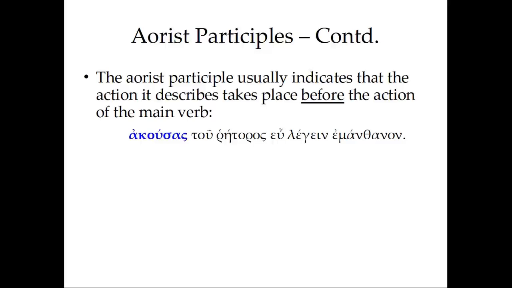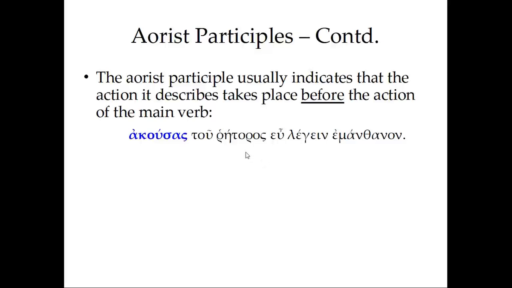Now the participial phrase is these first 3 words, akousas tou rhetoros. And akousas is the aorist participle, nominative masculine singular, of the verb akouo, I hear, I listen to. So here it's having listened to